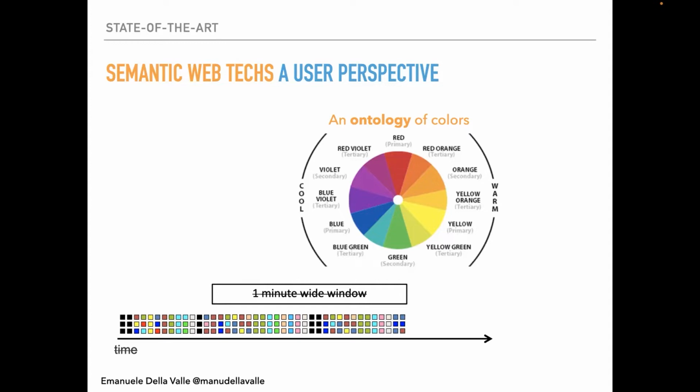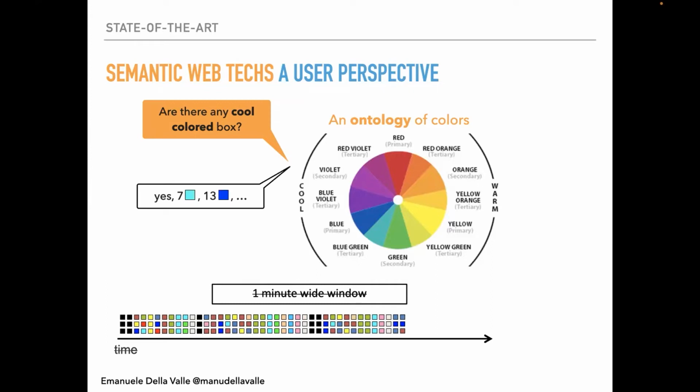But you have ontologies, right? And the power of ontology is the following. You may ask questions that are related to the terms of the ontology. Here, for instance, we have an ontology of colors that presents a number of colors and categorizes them into warm and cool colors. Okay, and the question will be, are there any cool colored boxes? And then you look into the data and you provide an answer. So yes, there are light blue and dark blue